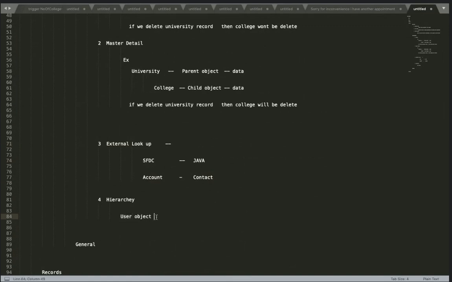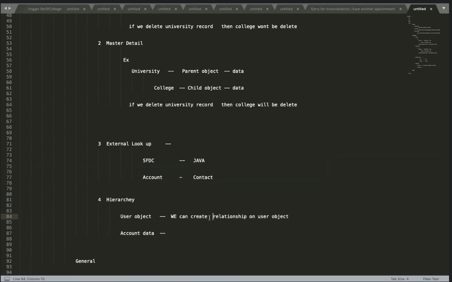Hi Krishna, can you explain hierarchy once again? Hierarchy is a relationship which you can only create on the user object. For example, this object has account data. You want to share this data with certain people based on the hierarchy. So at that time, you create a hierarchy relationship on the user object.